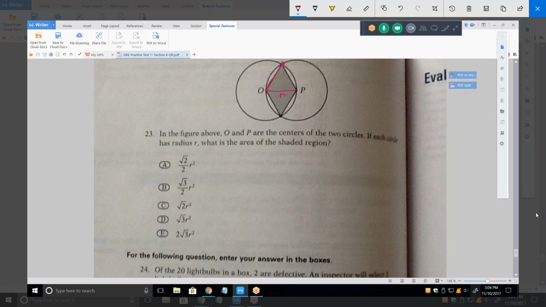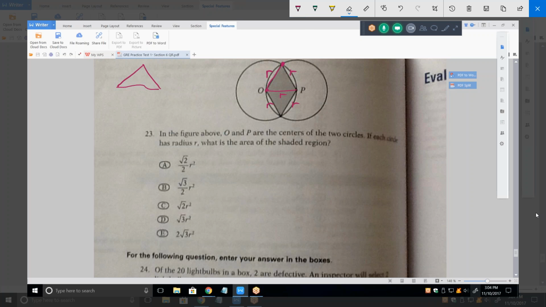It's the radius. In other words, all radiuses are equal. So that's R, that's R, that's R, and that's R. So you're right. We do have equilateral triangles. And if we just look at one of them,